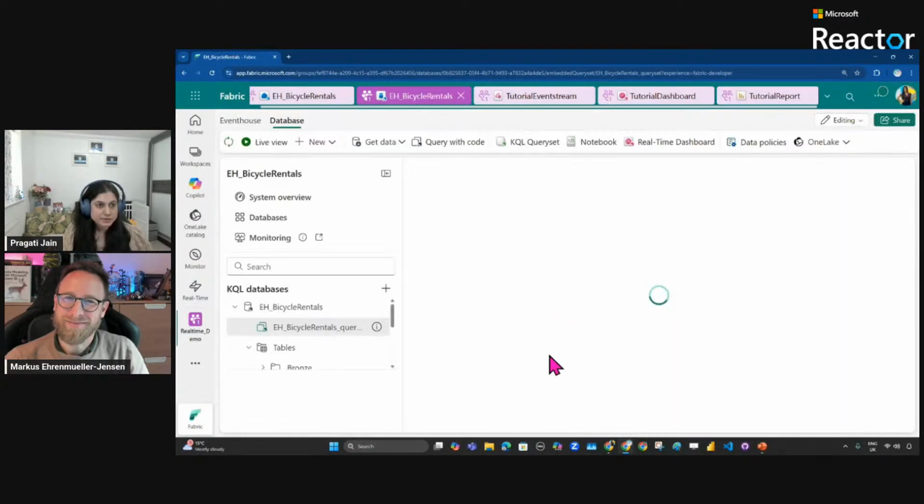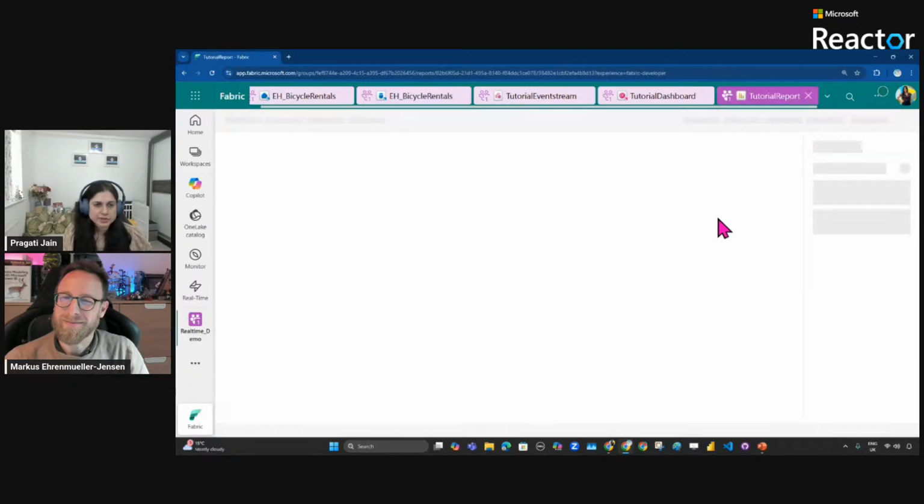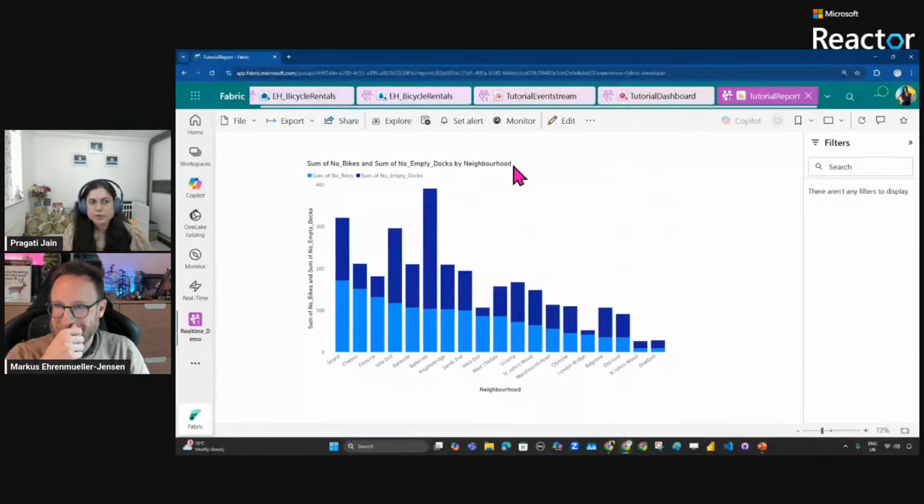These different columns, and I'm using that query output. Okay, I'll have to run this again, but yeah, I'm using that query output to create those charts. And then I can keep on creating multiple charts and then save this report. So yeah, you can do real-time dashboarding or a Power BI report.